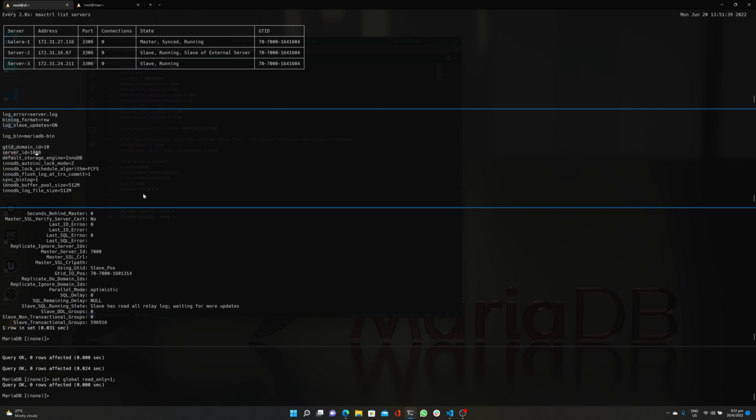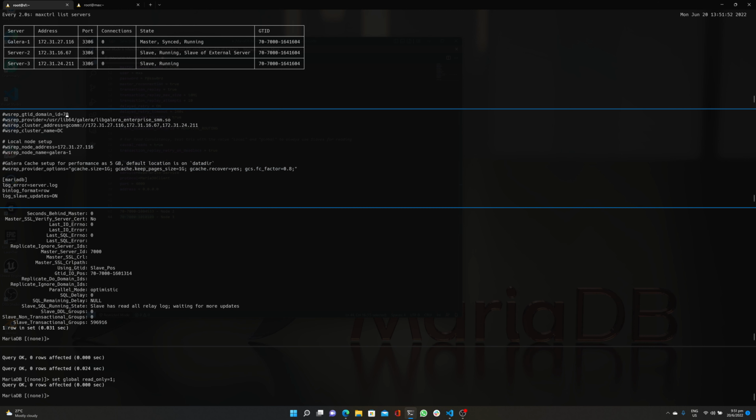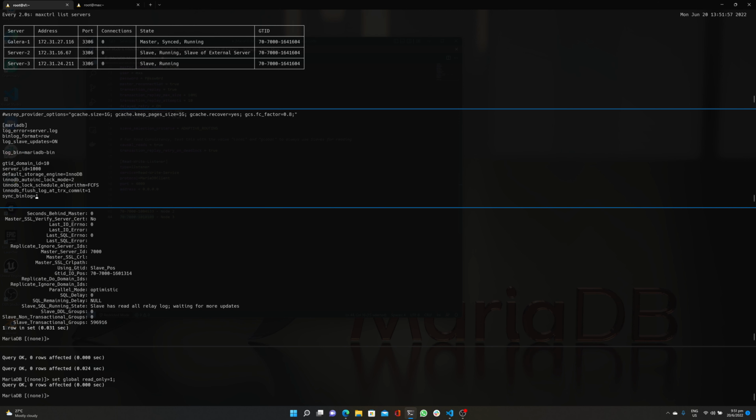I think we have already done everything that we wanted. The server ID is set, the transition mode is set, the sync bin log is set. So I'm going to save and exit this one. Oh yeah, the Galera configuration has already been commented. Yes, it has. The server ID is also set to 1000. Yes, that's good. Now we can save and exit this one, and we are going to